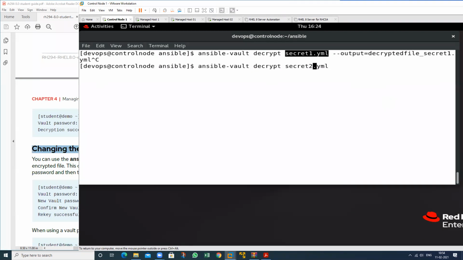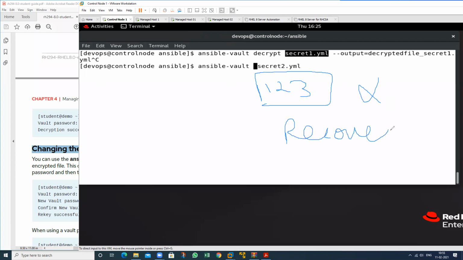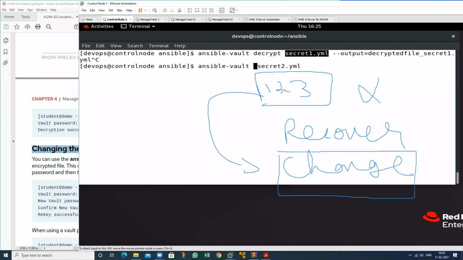Okay, it's not like that. If we change the password, the previous one will be open. Suppose at this time you have the password of this particular file, that is 123, and you forget. You are not able to recover. The password cannot be recovered. If you want to change the password of this particular file, file1, then you are able to change.